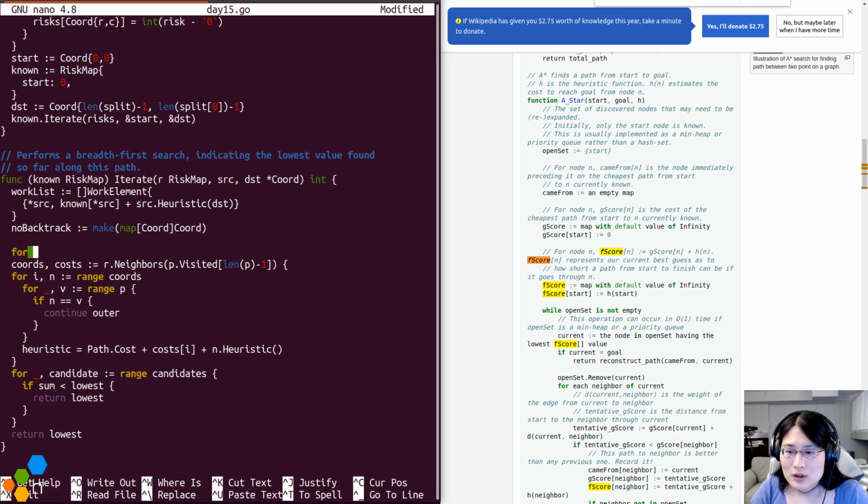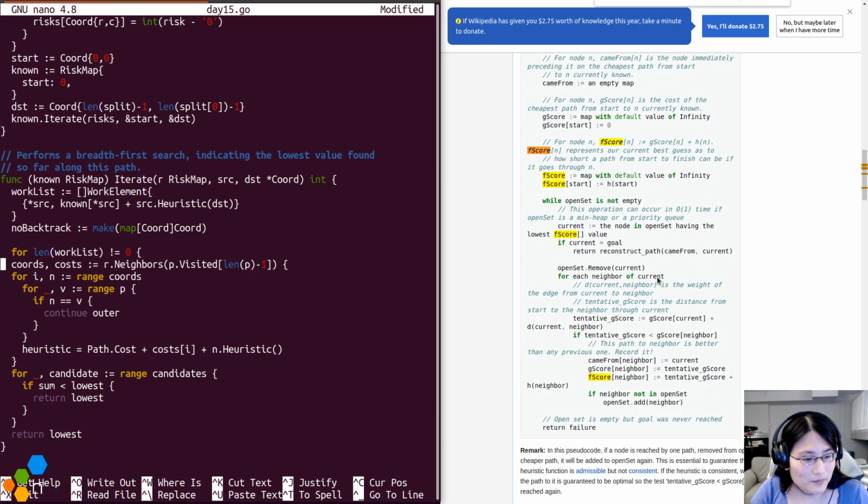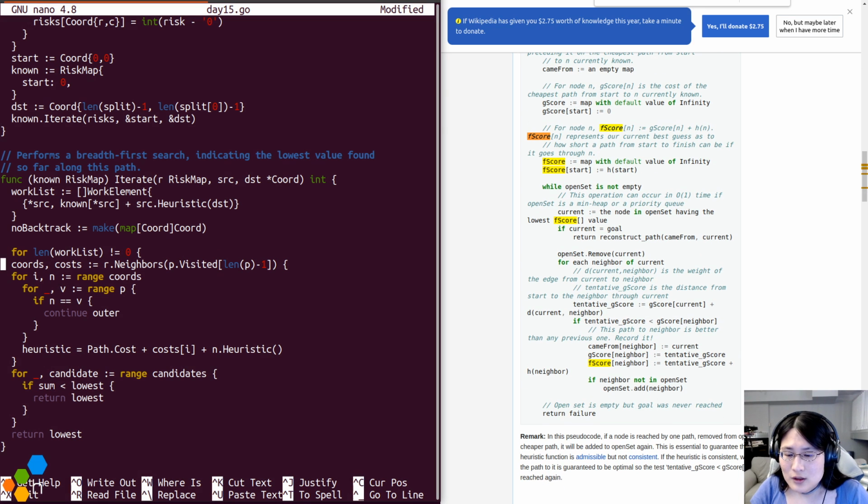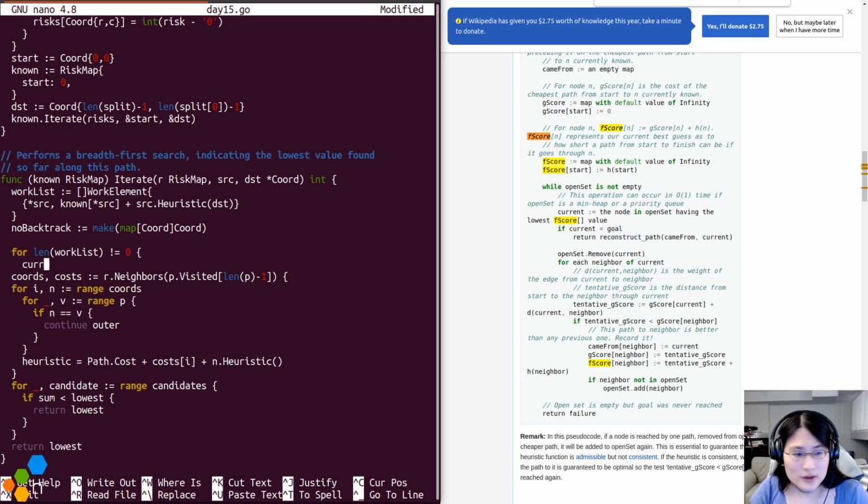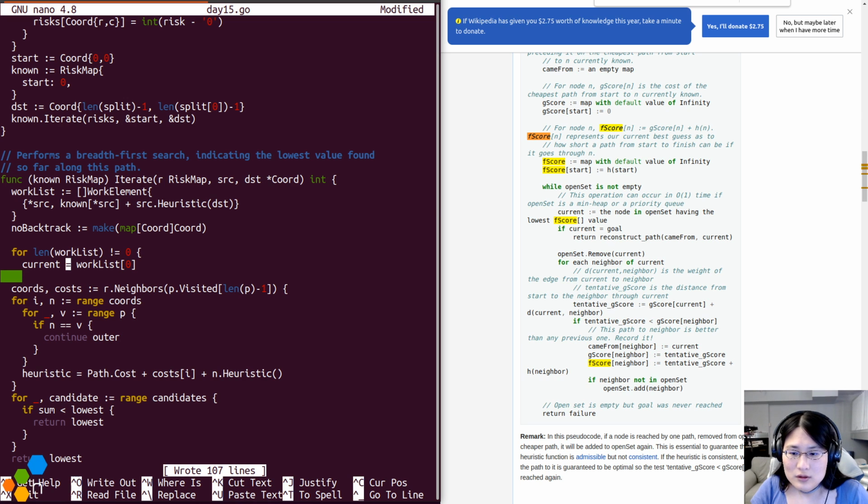As long as the length of the work list is not equal to 0, current is the work list index 0. If current equals dest,